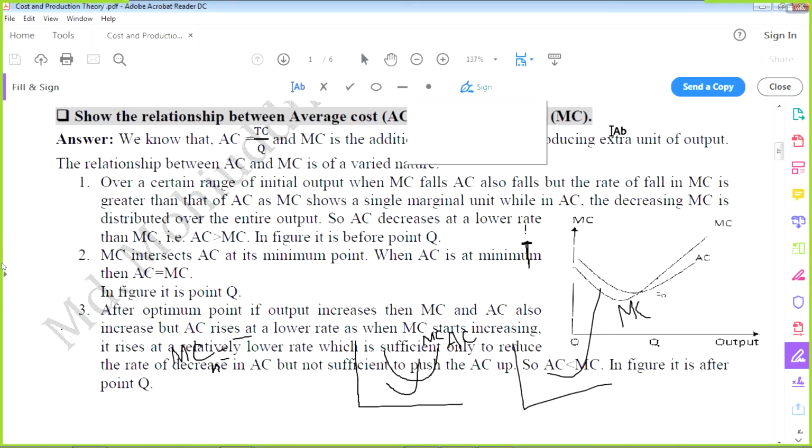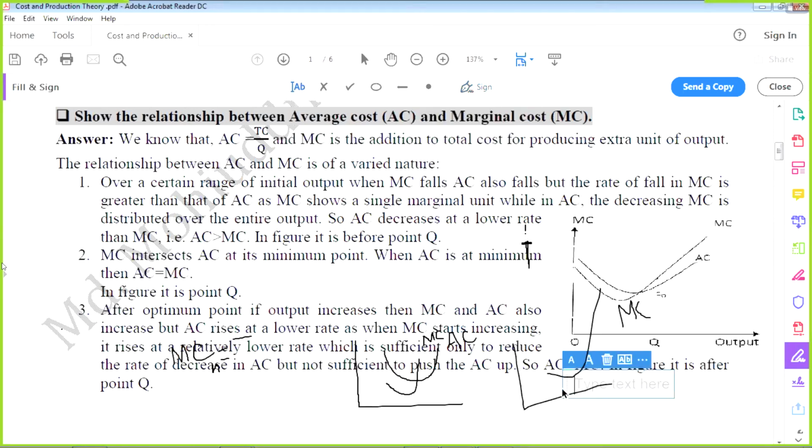Generally not, because I already have said AC is a U-shaped diagram, isn't it? But MC is not a U-shaped diagram. MC is a partial U-shape. So what does it mean? It means that these two diagrams will not be the same. If they were, and this is partial and this is partial, then there is a possibility that they will combine. But no, in this case it will not happen.